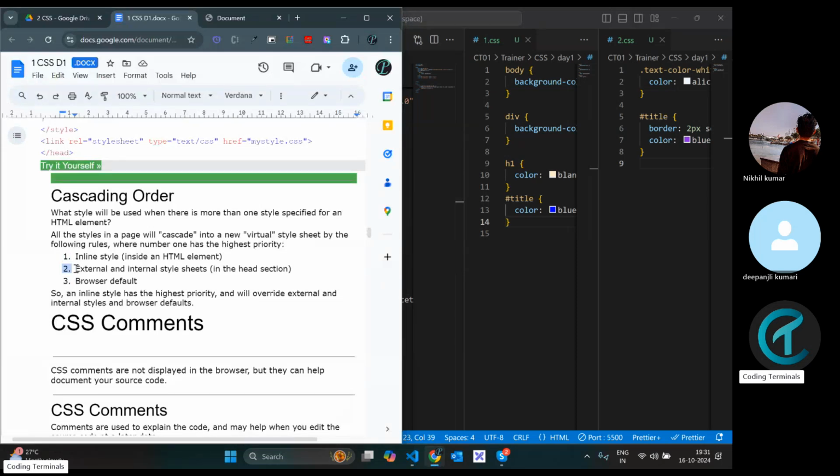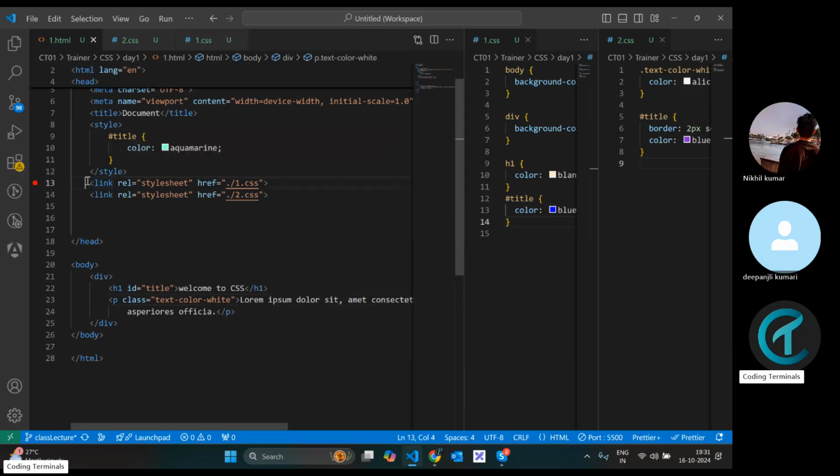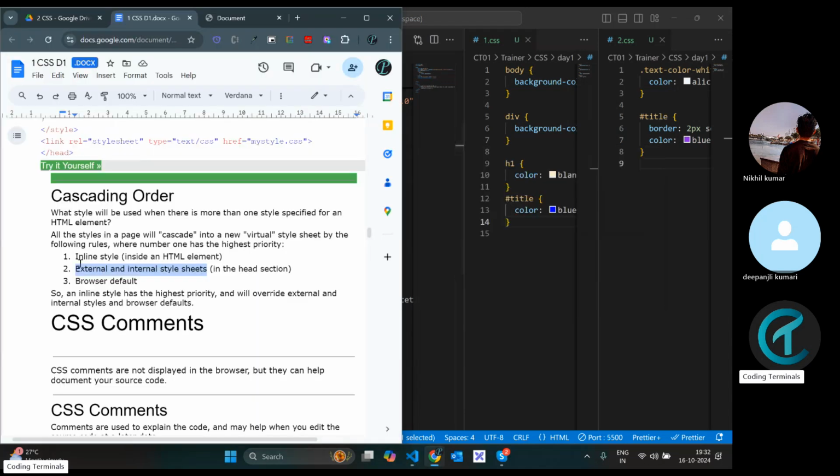सेकंड क्या CSS है? एक्सटर्नल एंड इंटरनल। यहाँ पे हमें नहीं बताया गया है कि किसका पहले है। हो सकता है एक्सटर्नल पहले लिखा हुआ हो, लाइन बाय लाइन कोड जैसे लिखा हुआ है आप देख सकते हैं, ये लाइन हमारा बाद में है, तो प्रायोरिटी कौन हो गया? इसका पहले आ गया, क्योंकि ये CSS आया था लेकिन ये ओवरराइड कर दिया, तो इसीलिए एक्सटर्नल एंड इंटरनल दोनों हेड सेक्शन में जा रहा है, तो किसी का भी ऊपर नीचे हो सकता है। एंड नेक्स्ट जो है वो ब्राउजर डिफॉल्ट। ब्राउजर डिफॉल्ट इट मीन्स ब्राउजर भी अपना CSS अप्लाई करता है, तो जब आप कुछ नहीं दोगे तो ब्राउजर का आ जाएगा। ठीक है,